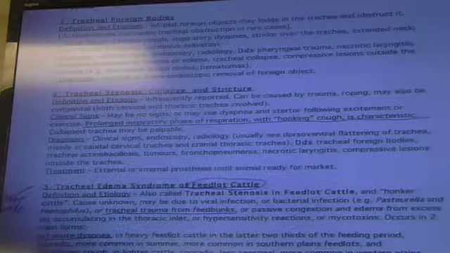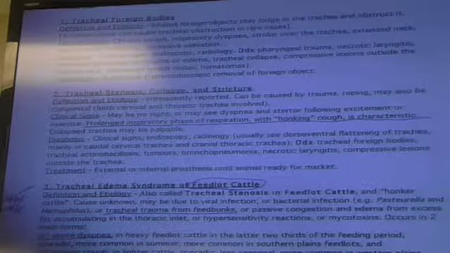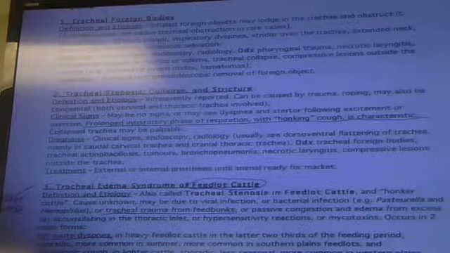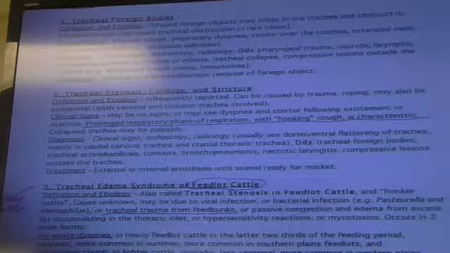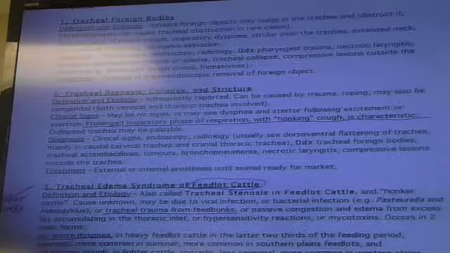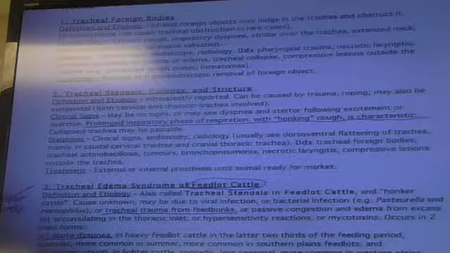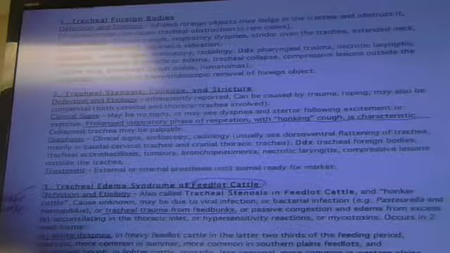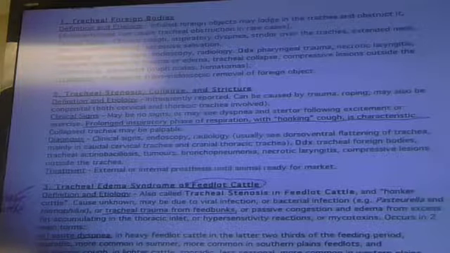If you read in the history that it's a feedlot and you're called up to the feedlot to look at these cattle. All right, so the tracheal foreign bodies and stenosis, collapse, stricture, again, you're dealing with conditions that obstruct